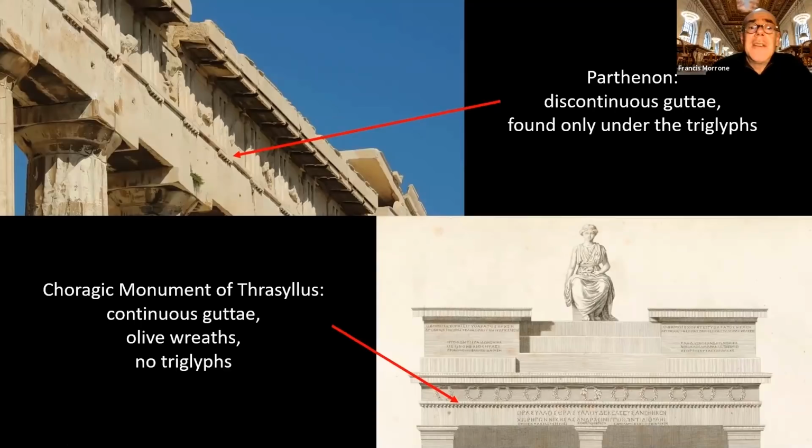And it's interesting because it has something that you don't often see. Normally, guttae are very discrete. You see the continuous taenia on the left, top left, and then the guttae below it, which you see a few of them, and then there are none, and then there are a few, and then there are none. It's discontinuous. But bottom right, if you look very closely, where the red arrow is pointing, you see that the guttae are continuous all the way across.